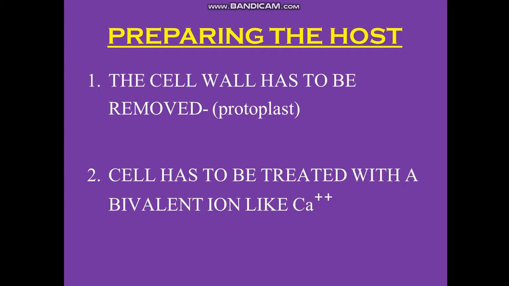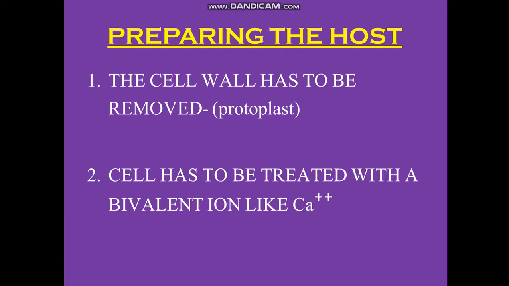How is the shock being given? Shock, you must also have sometimes, maybe, experienced an electric shock. What happens? There is a normal body function. Whenever there is a divergence from the normal conditions of the body, we call it a state of shock. So the same kind of shock we are providing to the cell also. So what kind of shock? Heat shock. We are keeping the cells in ice for some time and then quickly putting them into a heated temperature, that is around 42 degrees centigrade. You need to remember this, 42 degrees centigrade.